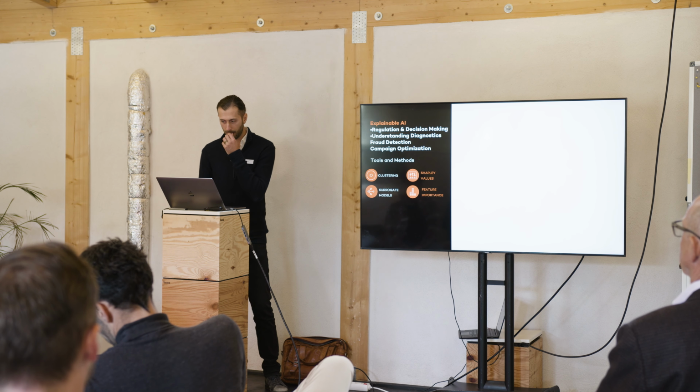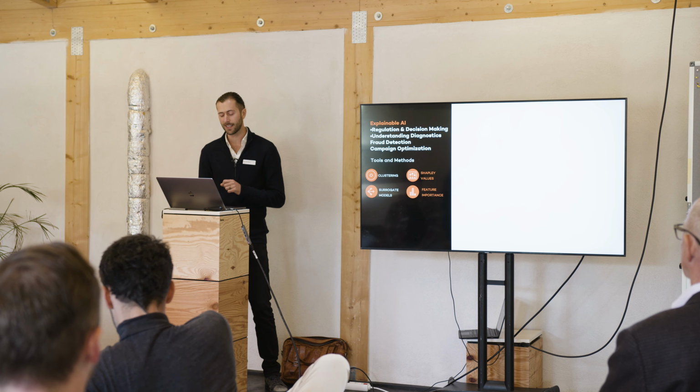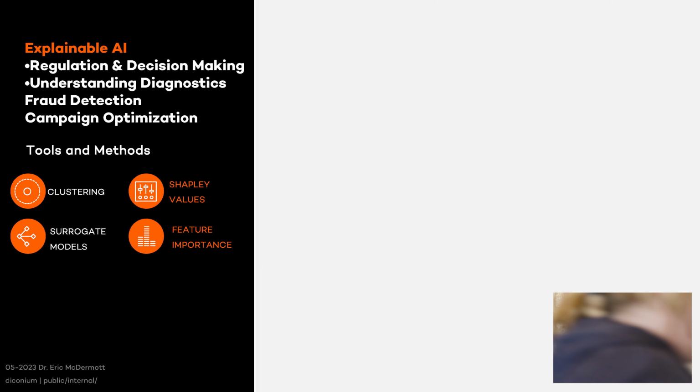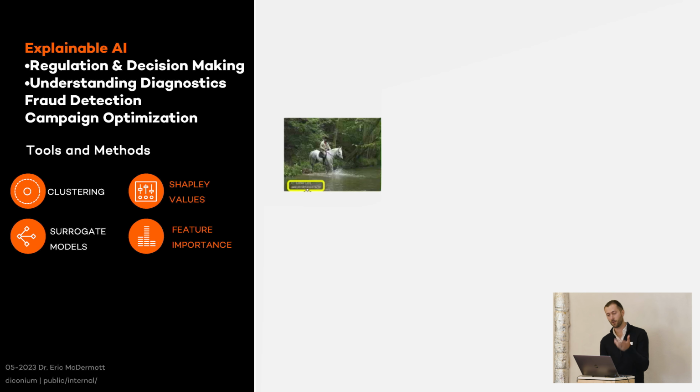One more example, kind of within the same context. It's an older example, but I think conceptually it's highly relevant. Here we have a photo of a horse walking through water. You might notice I circled here in yellow, very hard to see, I guess, but it's a watermark from a photographer. Now, this watermark was on almost all of the images of horses. So yes, it classified this as a horse. I mean, when you're training the model, you're giving it this image. And so now when you're testing it, it's like, okay, yeah, it's a horse. You're like, oh, it's working.